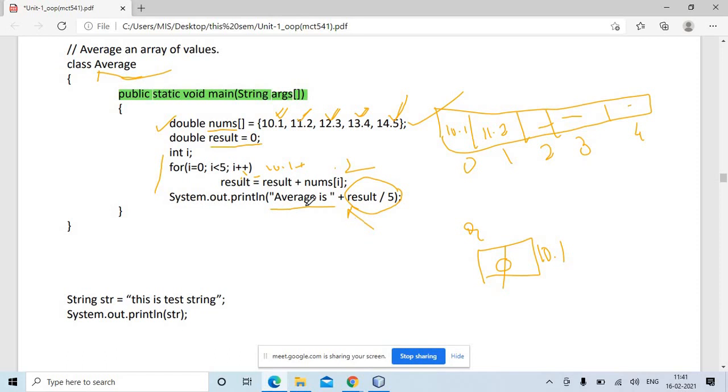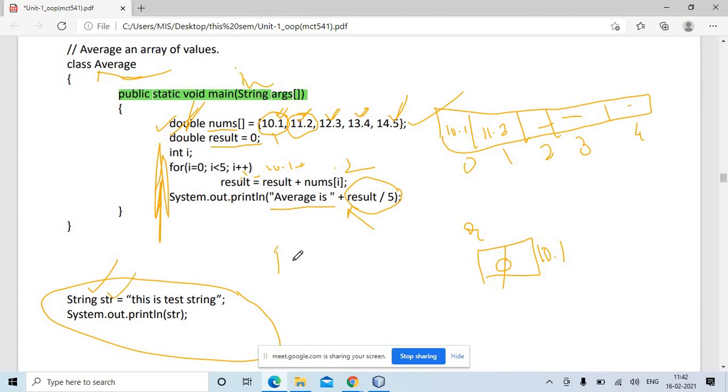See, this is how you can use a for loop for a running sum. Now this is one more short thing. String str is equal to... this was not allowed in C or C++. But String is a class, str is a variable.